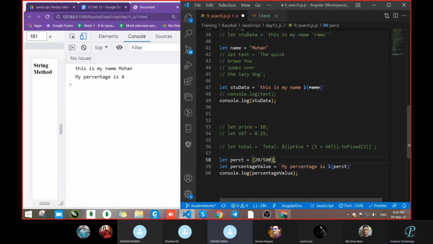Sir, take 200, not 200 divide. I want a decimal value, which means very long, and it goes like this. Okay. It is not giving you the decimal itself.